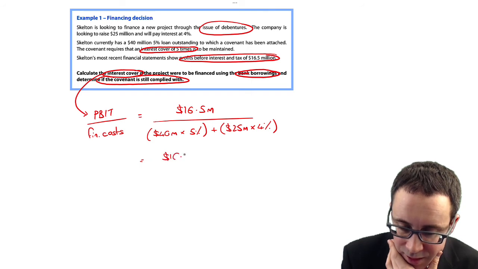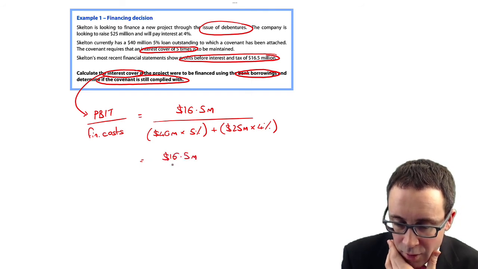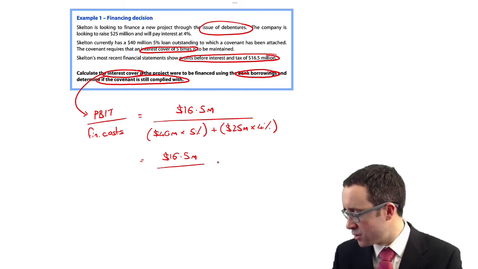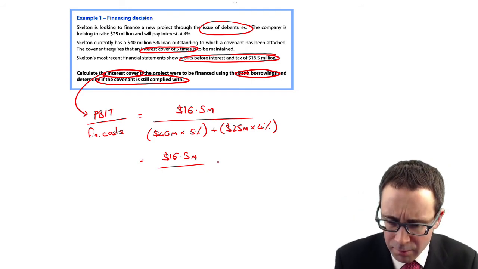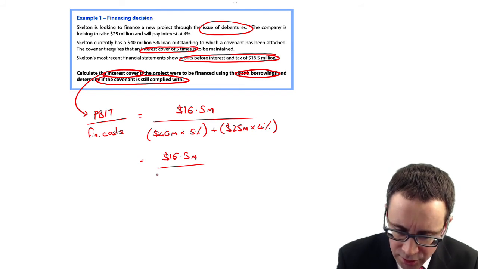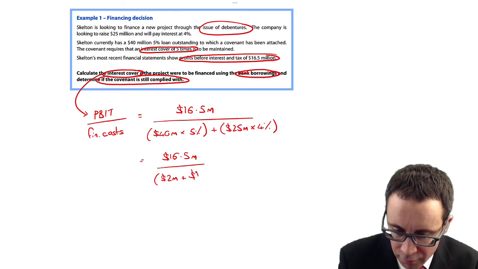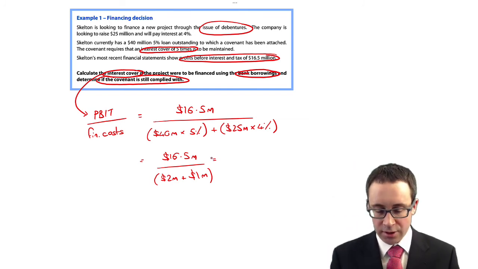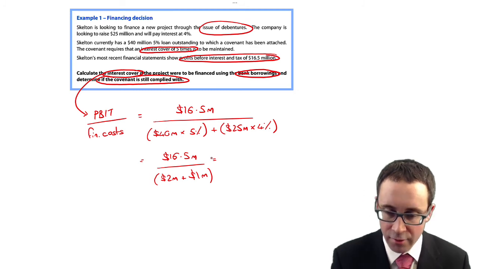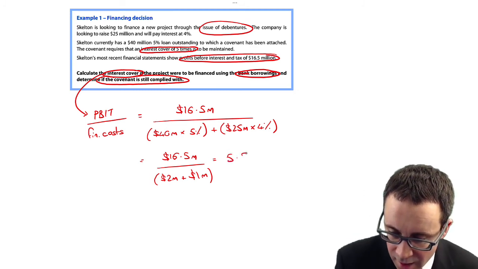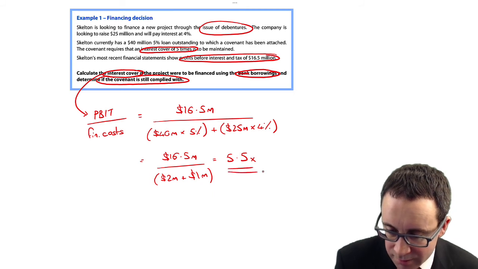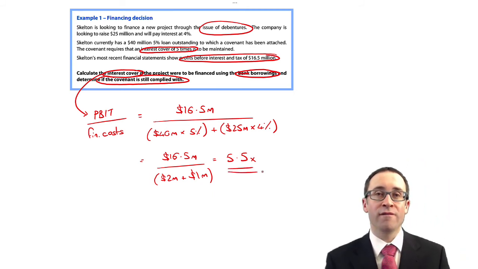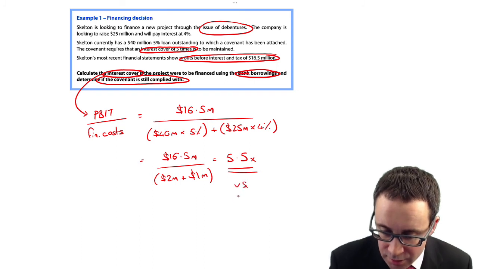So that gives me 16.5 million. 5% of 40 million is a 20th, so that's 2 million, and 4% of 25 million is 1 million. So 16.5 divided by 3 is 5.5 times, isn't it? 5.5 times